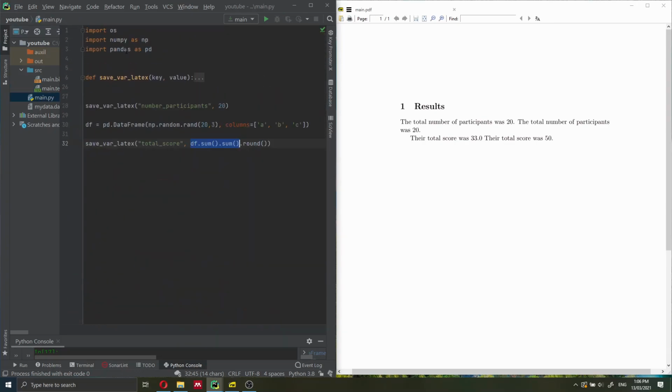It's super simple. We have just a few imports, and then we have defined this function, which is going to save variables that we want to LaTeX. Every time we want to save a variable, we will have to specify a key, as you can see here, and the respective value. So for the number of participants, at the moment, I've specified this in a static way. So this value is not going to be updated automatically because I just key in 20.